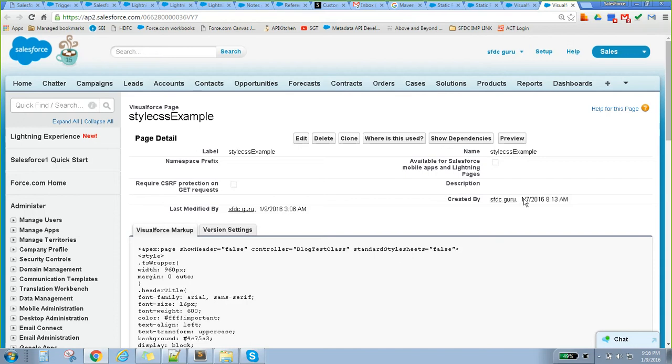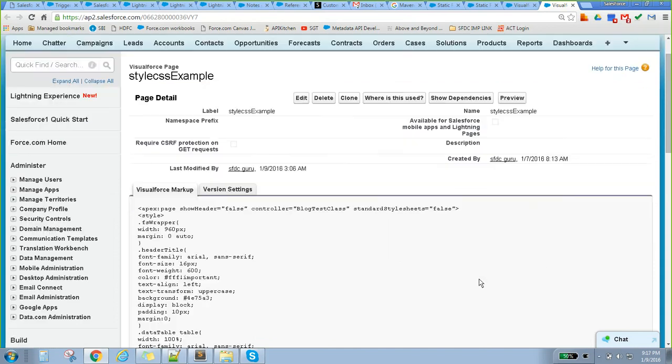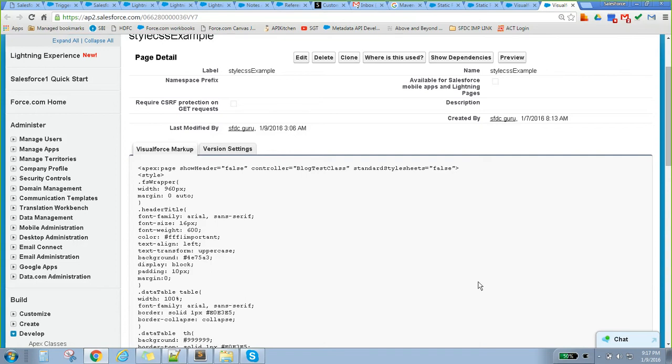If you want to give a very rich UI for a customer, then basically we have to go for CSS. In that case, we have to go out of Salesforce and embed a lot of CSS, jQuery, Bootstrap, any kind of UI technology it will support. So we have to embed that.